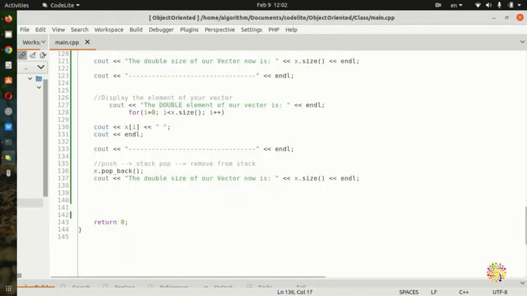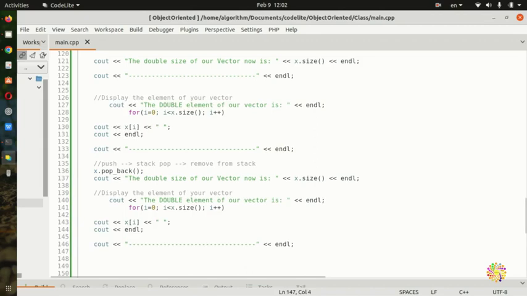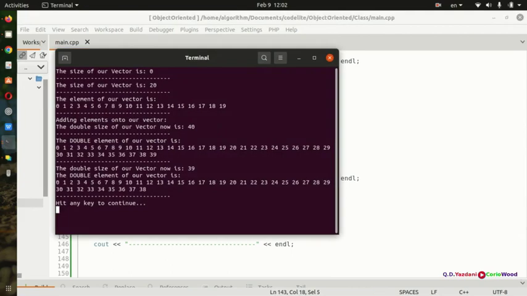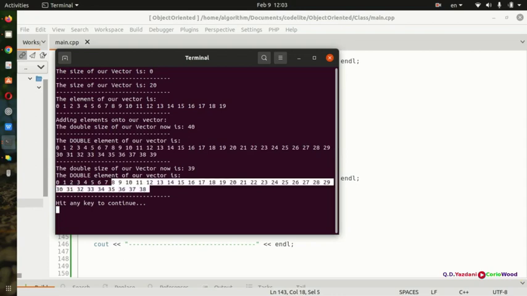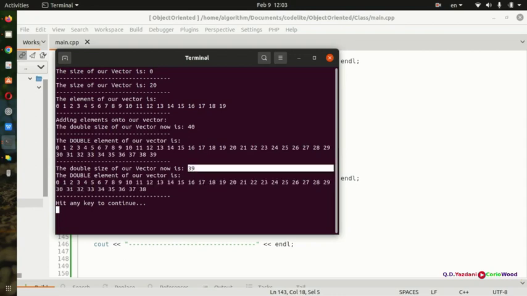So now if you want to see the elements, for example, to display the elements, we can copy the whole thing here to see the elements, because we want to see which one of them got popped out. And you're going to see here which ones. You're going to see we don't have a 39 now. We have a 38, but we don't have a 39 here. So if you go looking here, we have a 19, and it runs all the way to 39 from 0. And here we don't have anything, because now we don't have 40 elements, because we popped